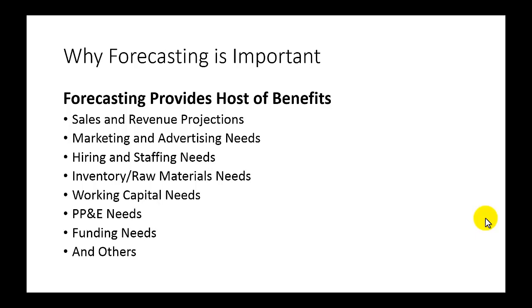Similarly, you should get some insights on working capital needs. What will your accounts receivable look like? What will your cash look like? Another very important line item about which you should get some information if you accurately engage in forecasting is your property, plant, and equipment needs. You're going to have some idea of what your asset needs are in order to create that inventory or those raw materials in order to hit the sales numbers.